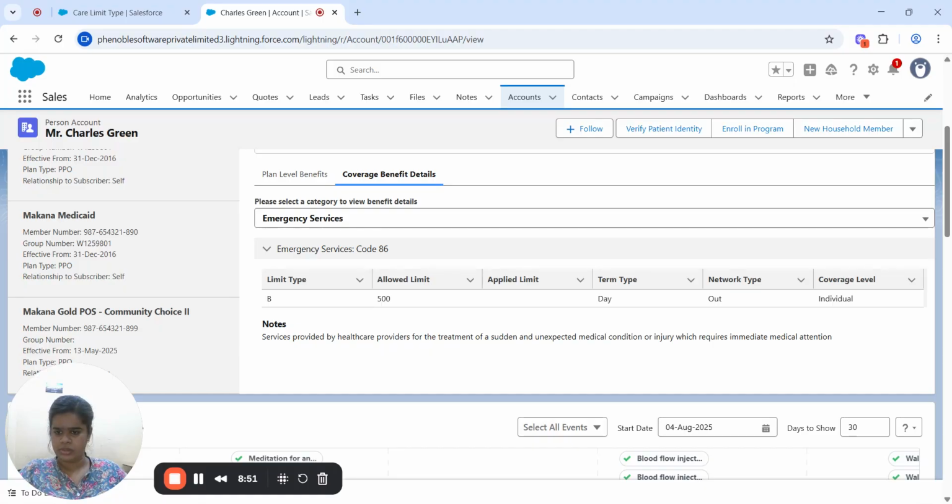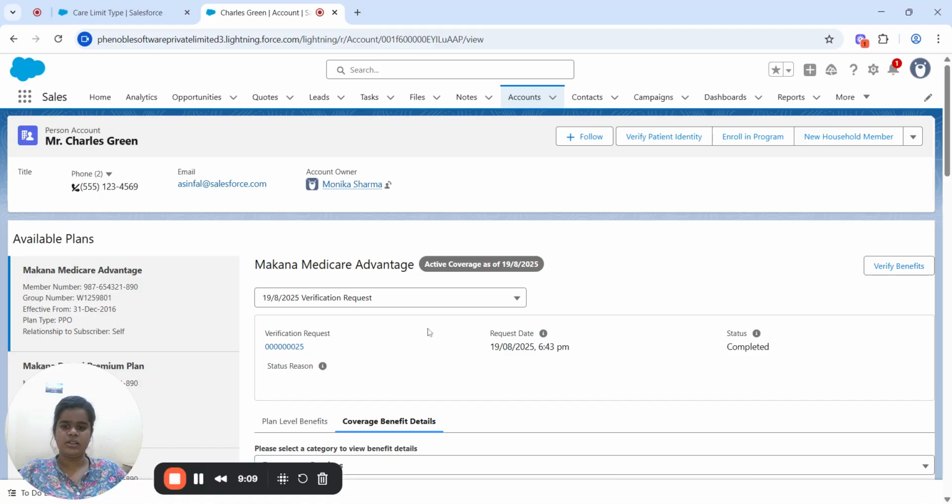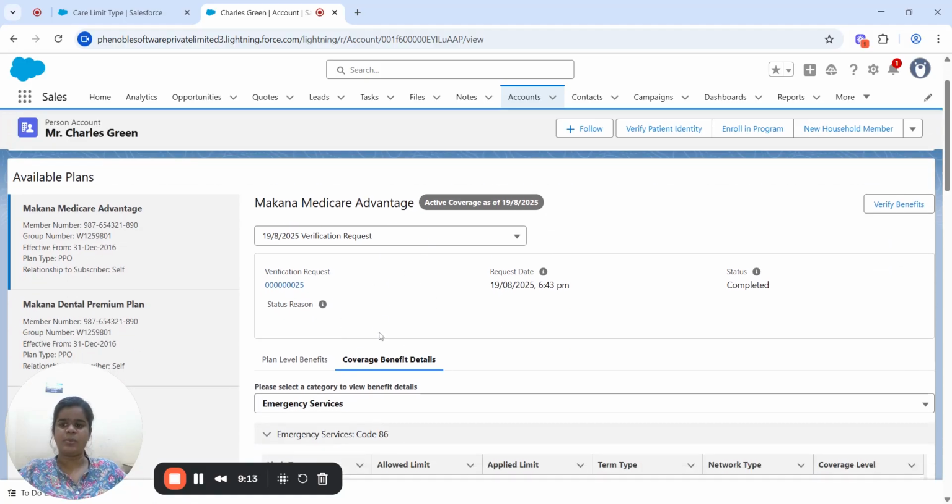Okay, so the notes: provided by the health provider for the treatment of a sudden and unexpected medical condition or injury which requires immediate medical attention. So these are the benefits, or we can say the benefits plan, for this patient.